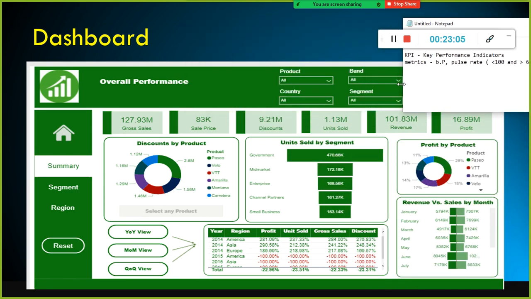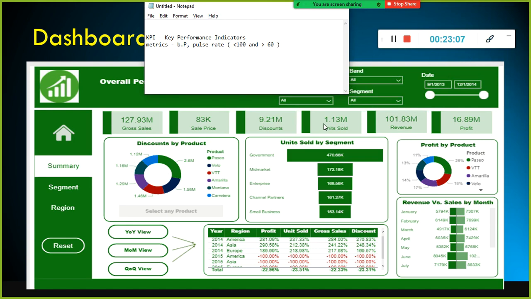In that case, look at how the dashboard helps us. It helps us to ask more questions by looking at these visuals. This is called a donut chart. Like, this is your funnel chart, this is a donut chart, this is a tabular chart, and this is a horizontal bar chart. When you look at these, you tend to get more insight.